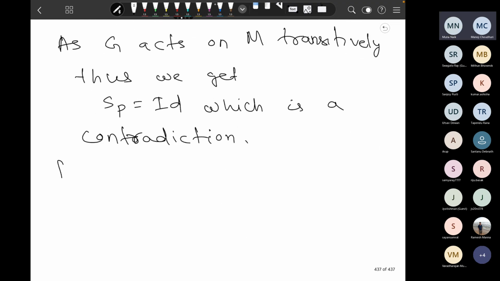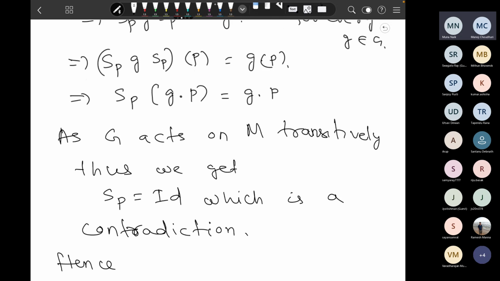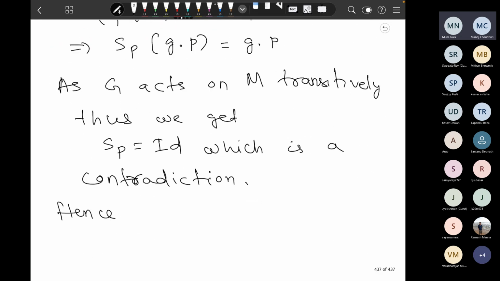Okay. And hence, these types of maps where sigma is not identity but sigma squared is identity are called involutions, and sigma is an involutive automorphism of the group G.